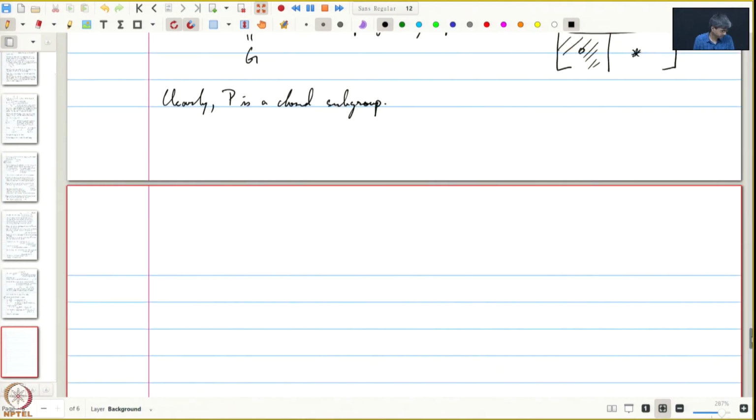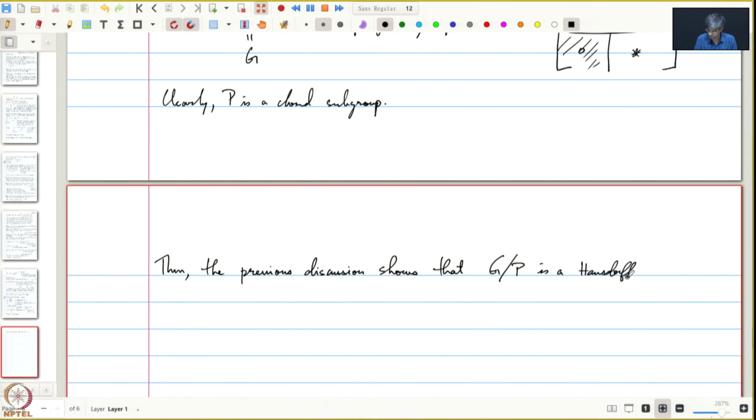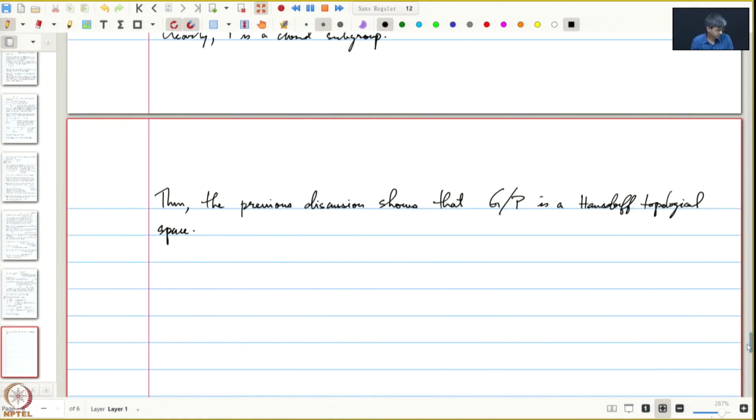So the previous discussion shows that G mod P is a Hausdorff topological space. Now we want to identify G mod P. We want to give a nice description of the points of G mod P, which is what we are going to do next. So for that, consider the map